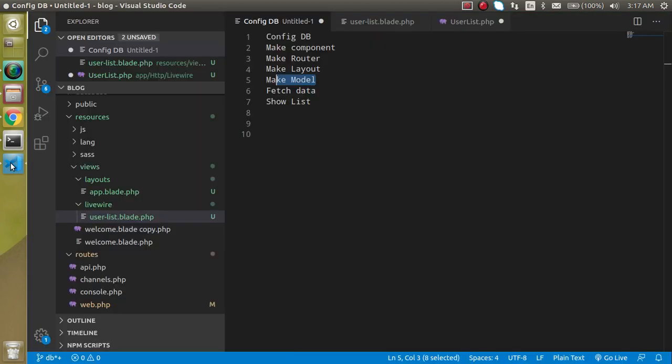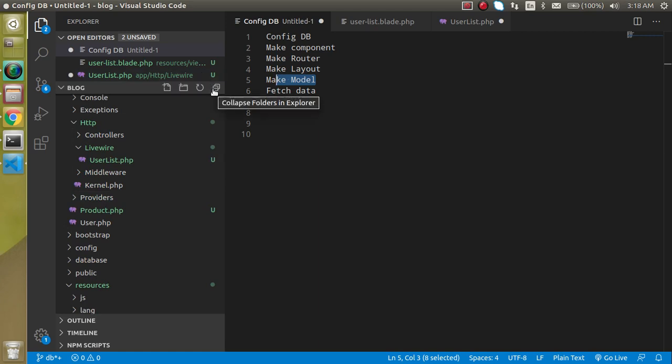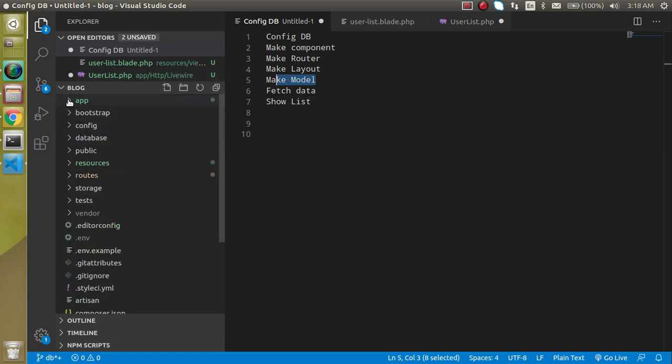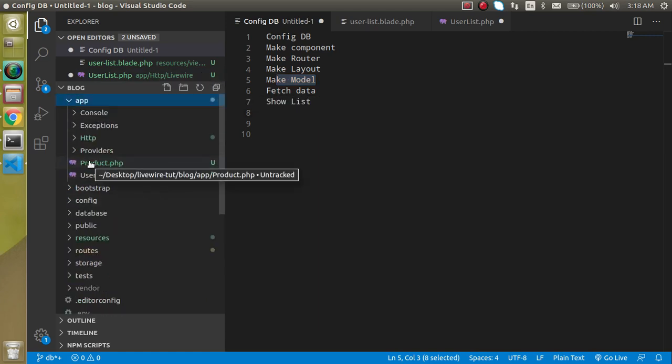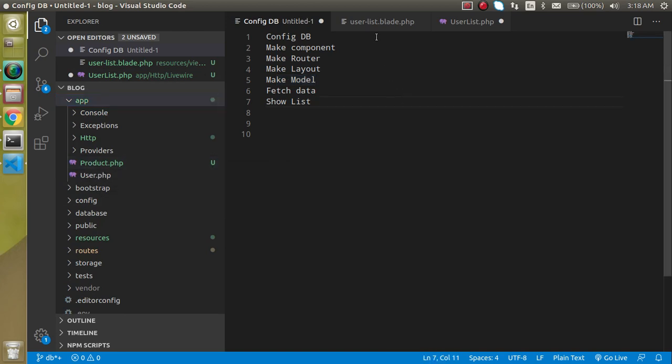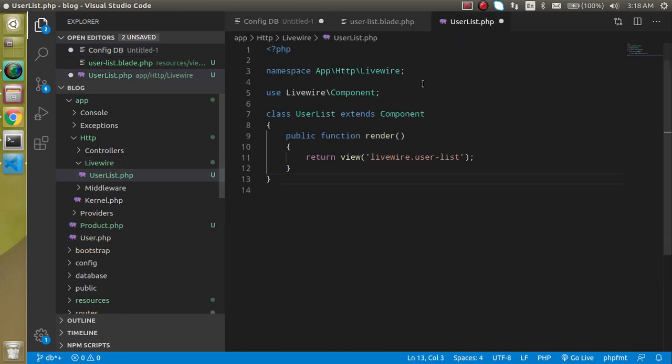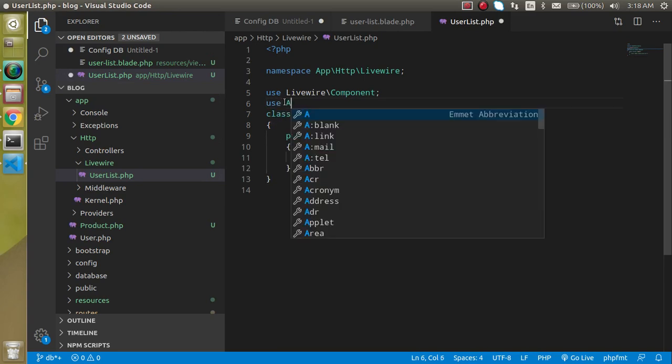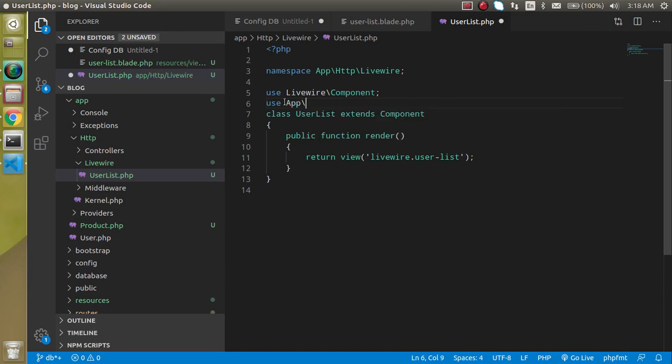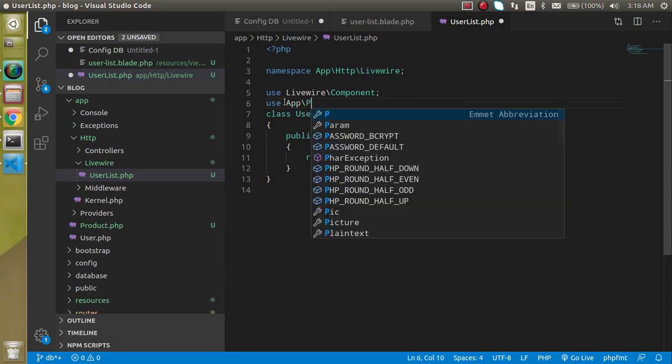Model is created. Where is this created? It will be created in the app folder. Here you can see that. Alright, so now let's go in the user list PHP file or class file and just import it. Use App\Models\Product,